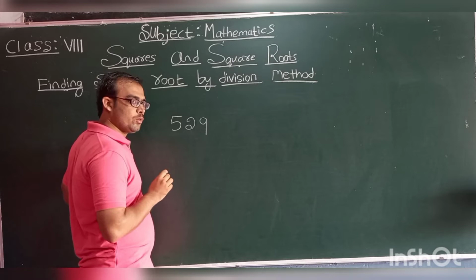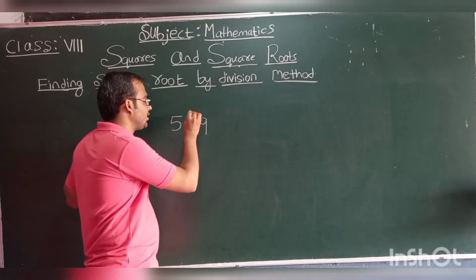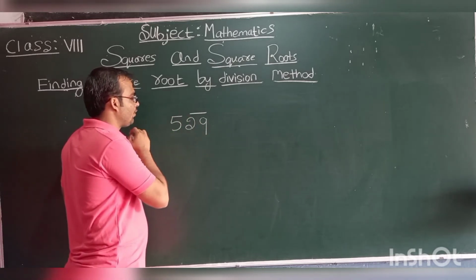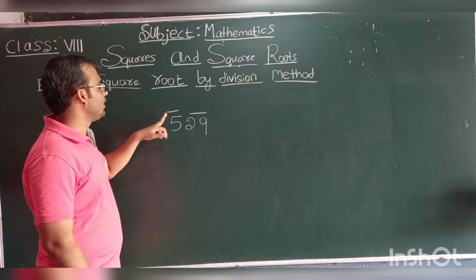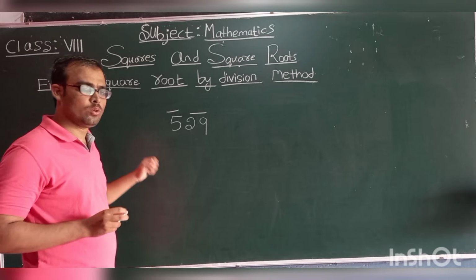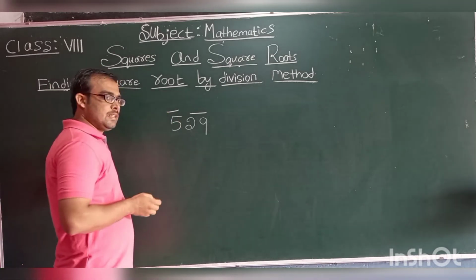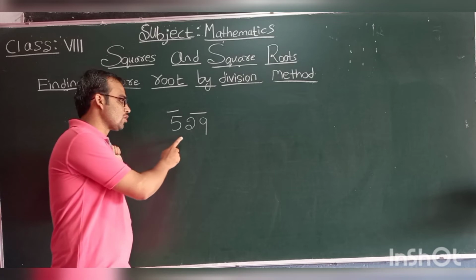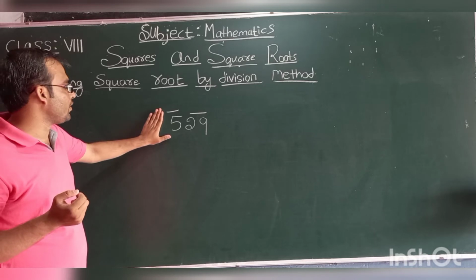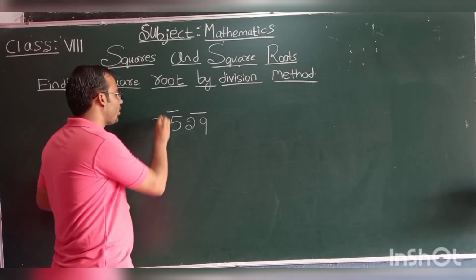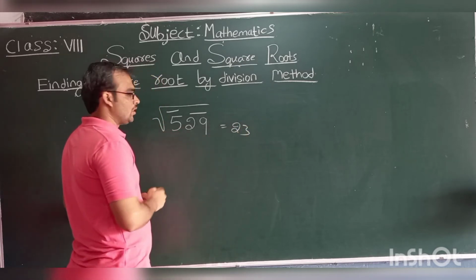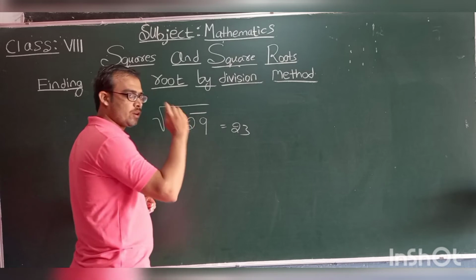Okay. Now we need to place the bar starting from the last digit. Okay, so we need to pair the numbers. So here, as we have got only one number, pair this one also. Okay, so put the bar over this number also. So look here, students, how many bars are there here? 2, no? As there are 2 bars, the number of digits in the square root of this number is 2. Okay. Then what is the square root of 529? 23, no? So look here, 2 digits. 2 bars means 2 digits in the square root of any number.